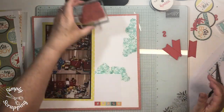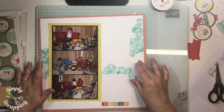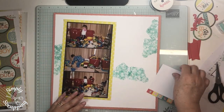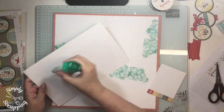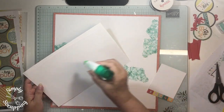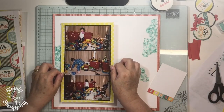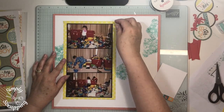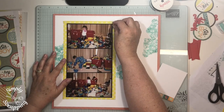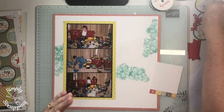Right. If I don't lose any of these letters before I get them on the page, it will be a miracle. Okay, so now we're going to stick this down. Is that straight? Yes. Okay. Now I'm going to